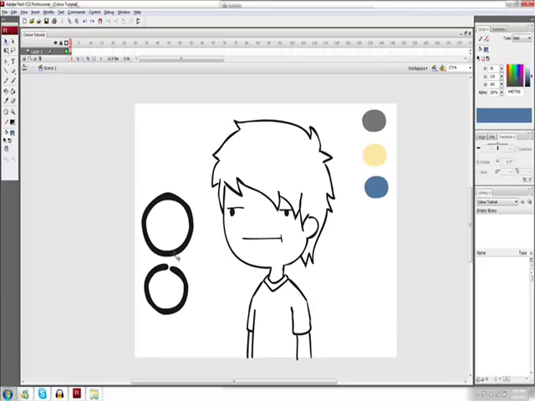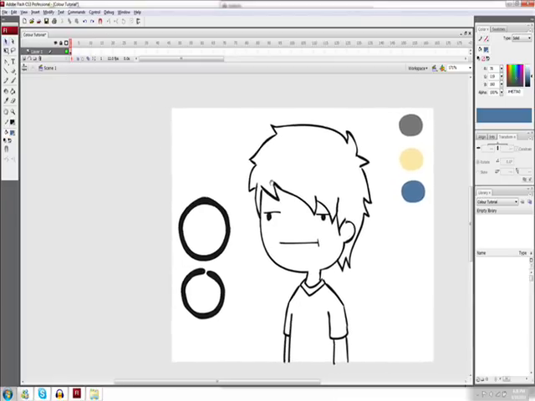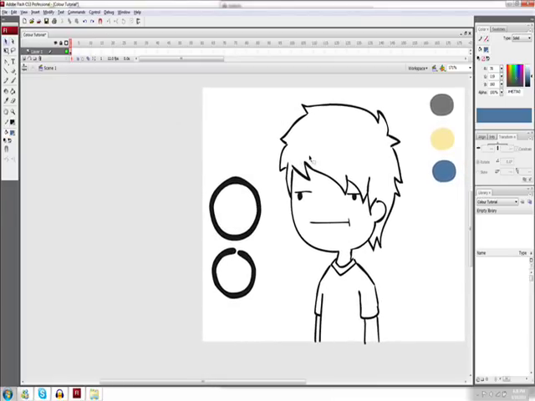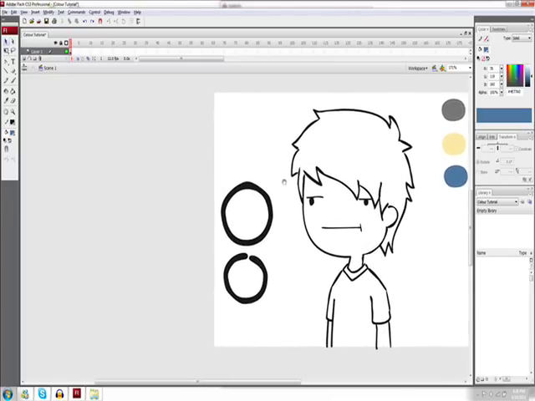So basically the tools I'll be using to color are the paintbrush, which you can use by pressing B as a shortcut. We have the bucket tool, which is K, the eyedrop tool, which is I, and the select tool, which is V. So just bring you to the side here for a sec, just to show how the tools kind of work. So we'll start with the brush tool,